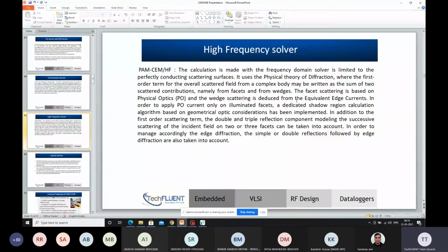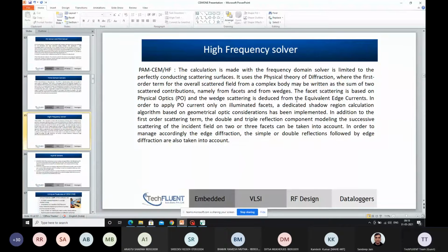Facets and wedges are analyzed based on multiple orders of reflections, and you analyze the structure with respect to the surface currents passing through the object. Similarly, you have first order reflection, second order reflection, triple order reflections, and so on, based on which the complete performance of the structure is analyzed.